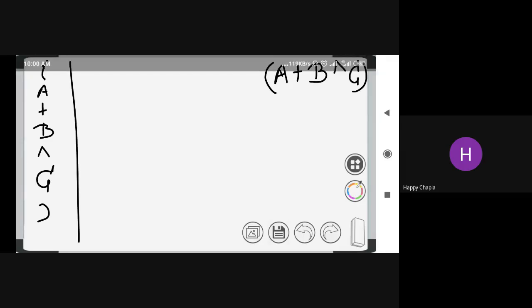This one is my stack, and this one is my postfix expression.